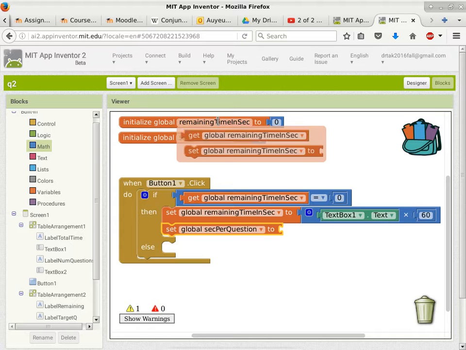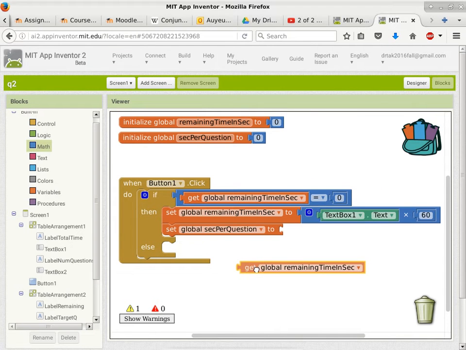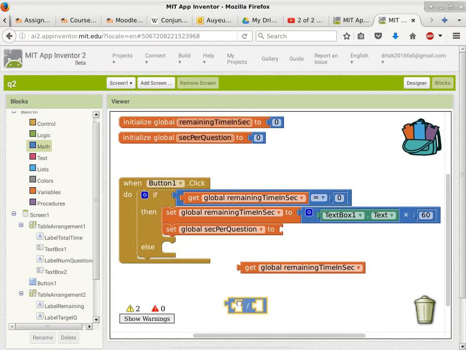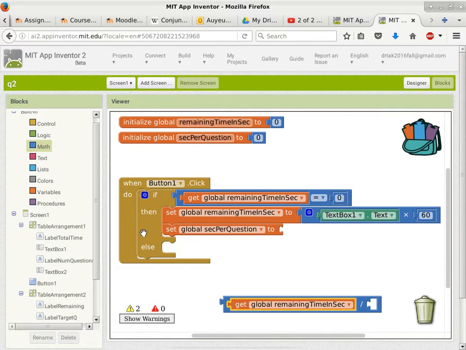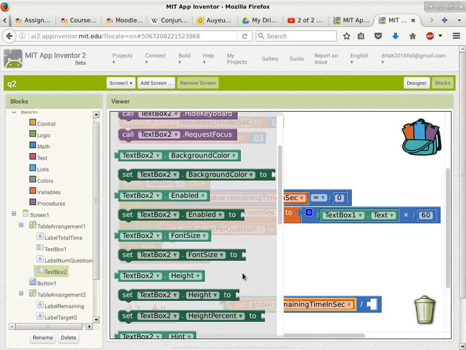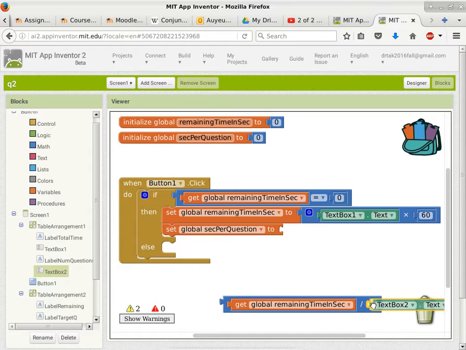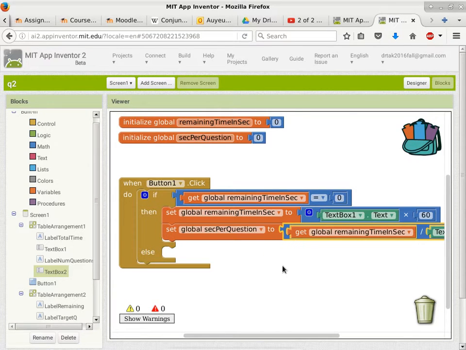So we'll go ahead and take this one, do a division by number of questions, which is in text box 2. So I just grab the text of text box 2 as the divisor,